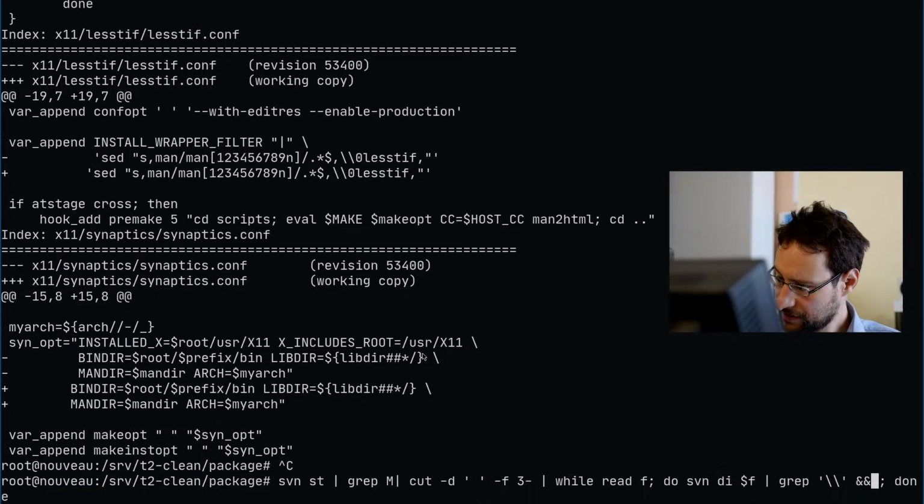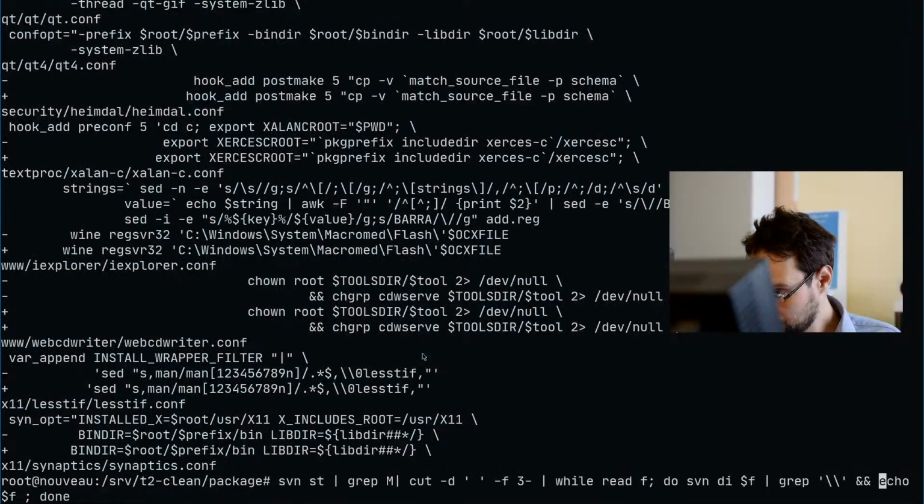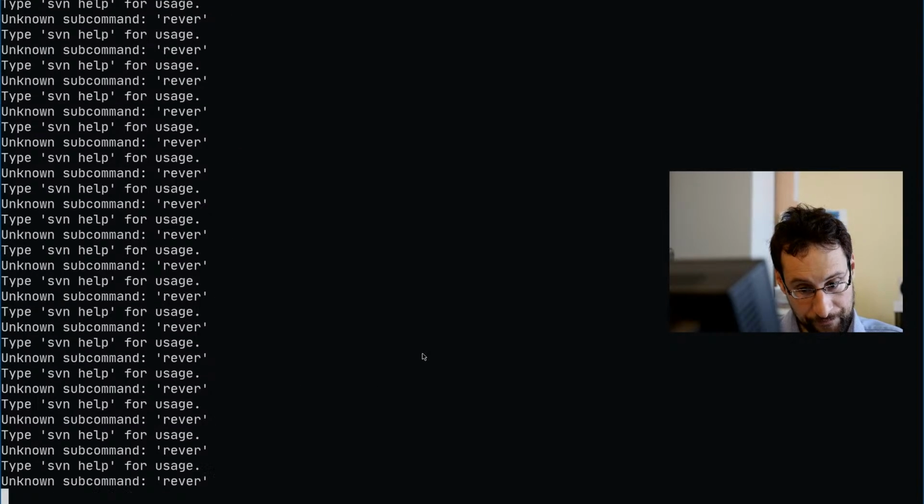So if we grab that and echo sv and div, grab that, and see if we revert then sv and revert that.